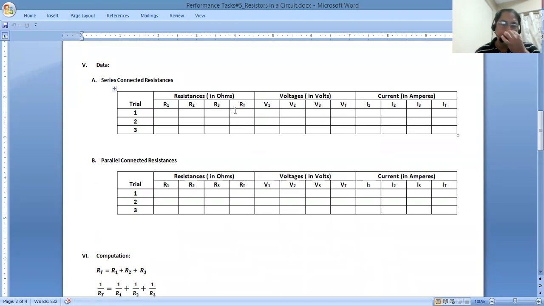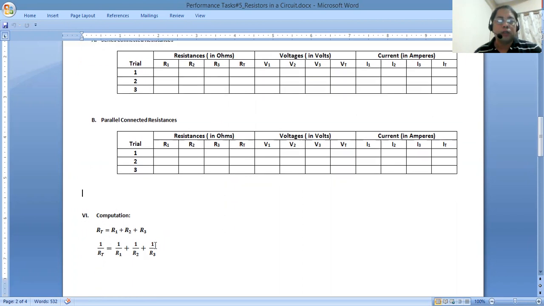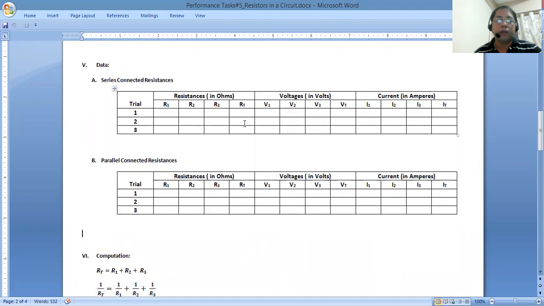Now the only value that we will calculate here is your R sub T. And the R sub T equation or formula will depend on what type of connection you have, whether you are dealing with series or parallel connection. So please don't forget how to calculate your R sub T, given the kind of connection that is specified. But R1, R2, and R3, you will be the one who will determine it in your group. Your group members will have to decide